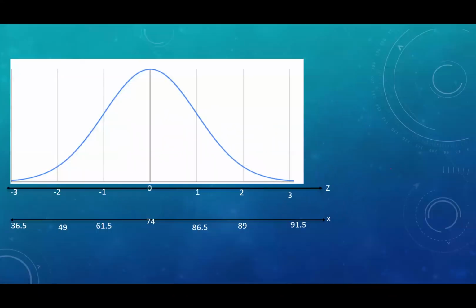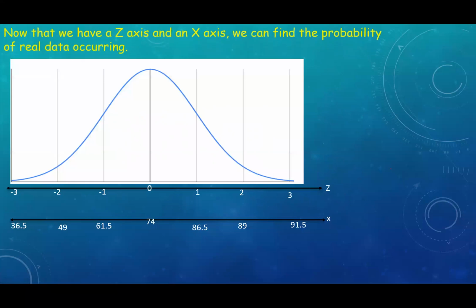So here's our data again. Now we can solve a problem. Now that we have a z-axis and an x-axis, we can find the probability of real data occurring. So what percent of the population has a pulse rate between 49 and 86.5? All right, here's 49 and the z-score is -2. Here's 86.5 and the z-score is 1. So we want this area here